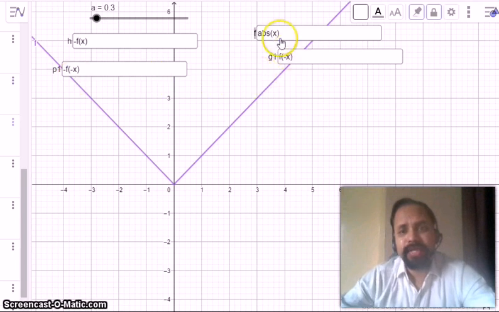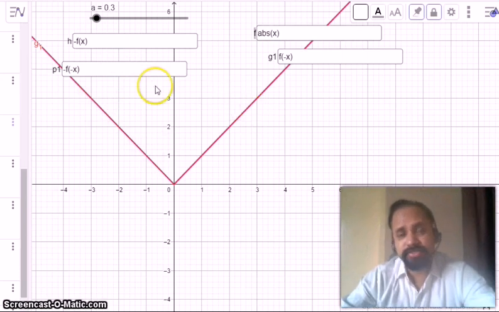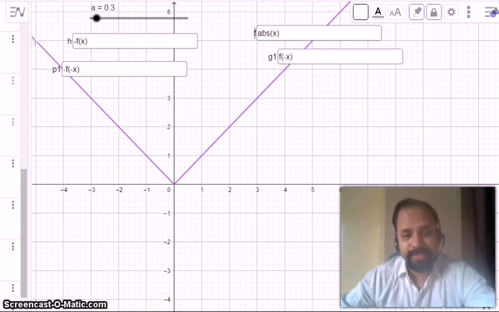And if we want to draw the graph of f of minus x, then what will happen? In this one the y-axis is a plane mirror, so obviously the reflection of this one is this, and the reflection of this one is this, so obviously there will be no change in f of minus x. Okay, come on third.